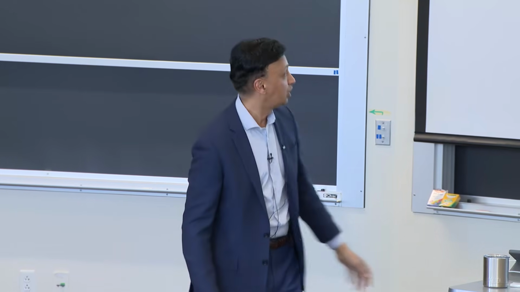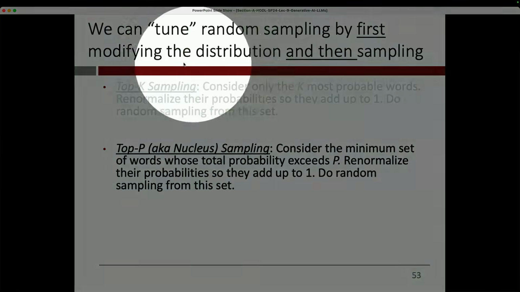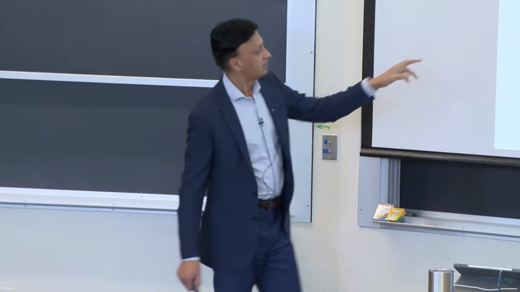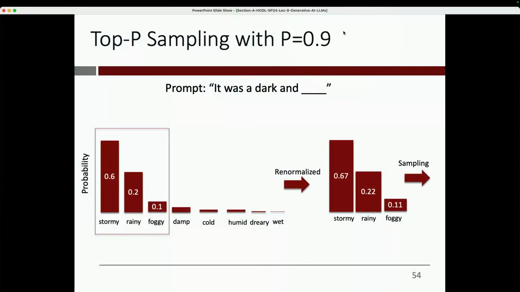Which brings us to something called top P sampling, also called nucleus sampling, where instead of deciding on the number of words we're going to pick every time, we decide, you know what, we're just going to choose all the words such that the probability of such words that we have chosen is at least P. Sometimes it may be just 2 words, sometimes it may be 20 words. We don't care. And then we sample from it. Okay? So here, same thing here. Let's say you go with P equals 0.9. So you 0.6 plus 0.2, 0.8 plus 0.1, 0.9, boom, we have hit 0.9. We stop. And then we grab these 3 words, and then we renormalize them to get this thing, and then boom, we sample from it.